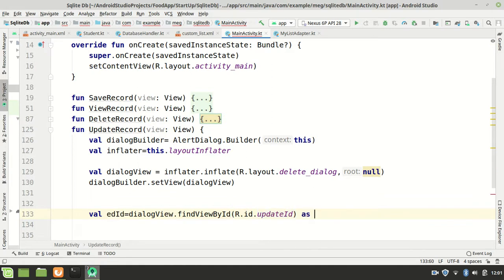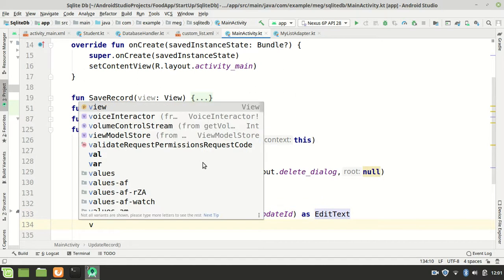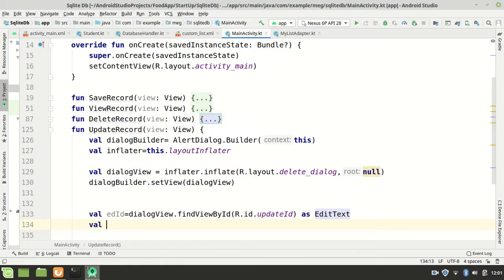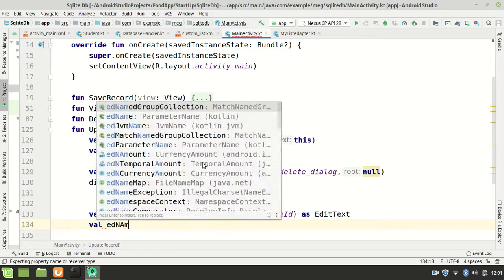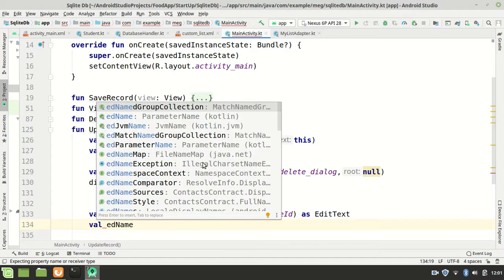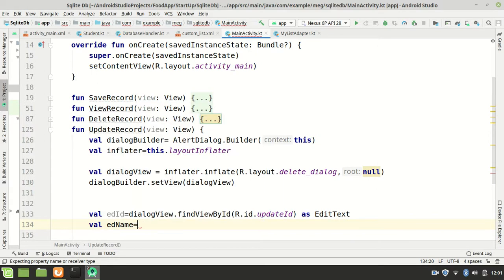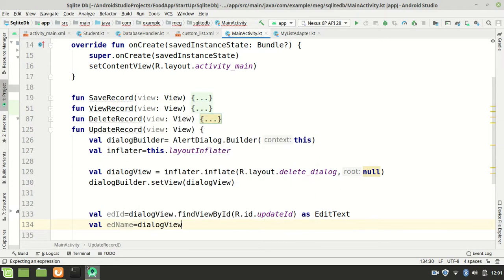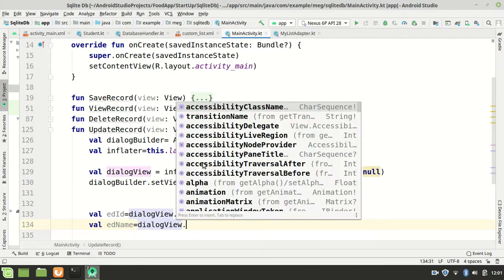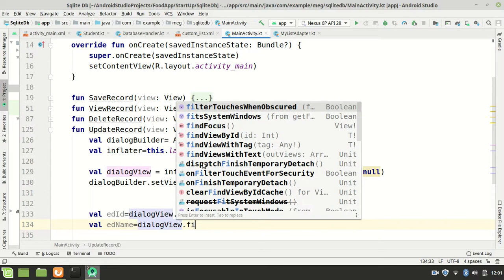as EditText. Then we'll say val edName equals to dialogView dot findViewById,